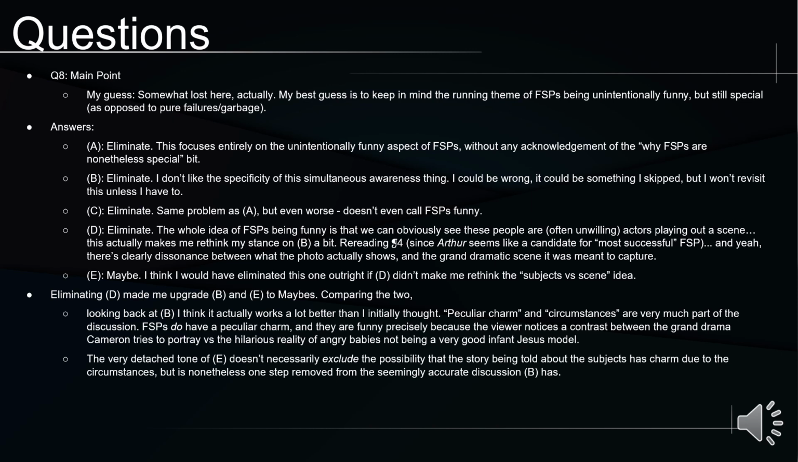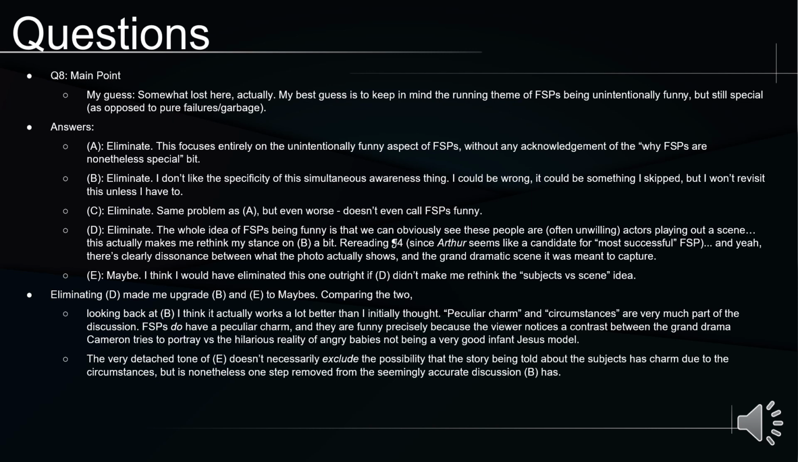Now E, compared to that, has a very detached tone. It doesn't necessarily exclude the possibility that the story being told about the subjects has charm due to the circumstances, but the language of it is nonetheless one step removed from the seemingly accurate discussion that B is having. So again, B is using all the right catchwords for me: peculiar charm, circumstances, and we do know that that's